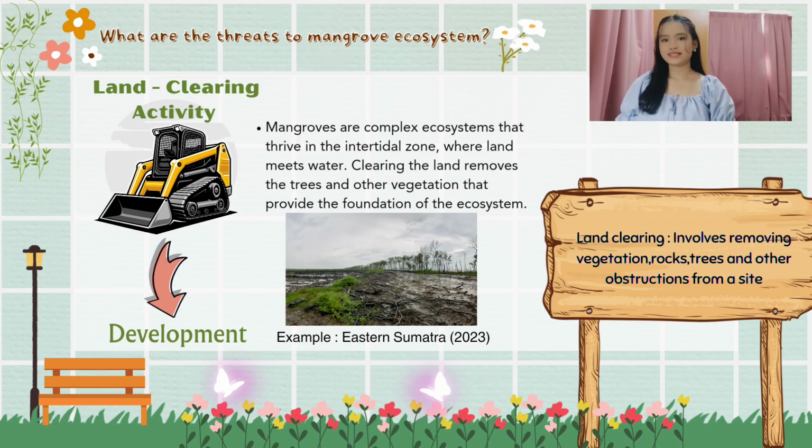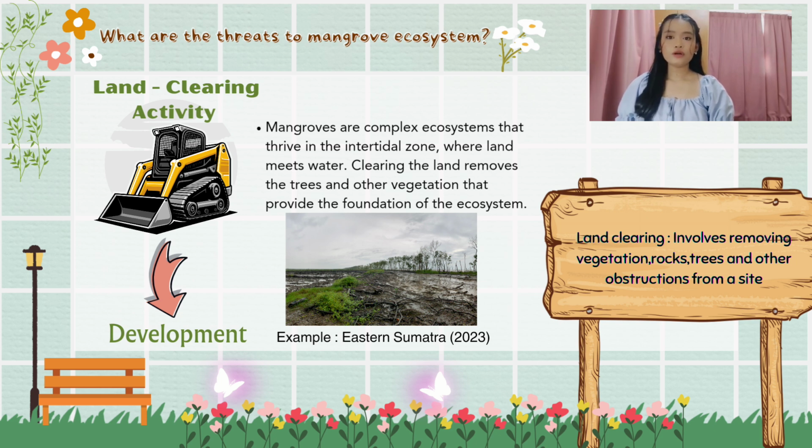Moreover, based on the article, the threat to the mangrove ecosystem is land clearing for development purposes. Land clearing for development purposes involves removing vegetation, rocks, trees, and other obstructions from a site to prepare it for construction. One of the key aspects of coastal development is the industrial zone. Establishment of industrial zones near coastal areas often leads to the clearing of mangrove to make space for factories and